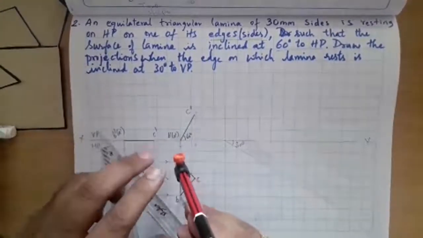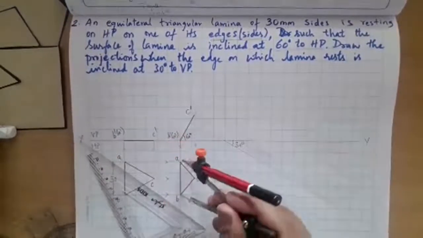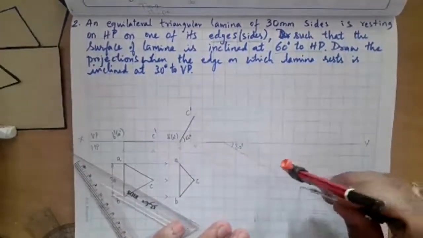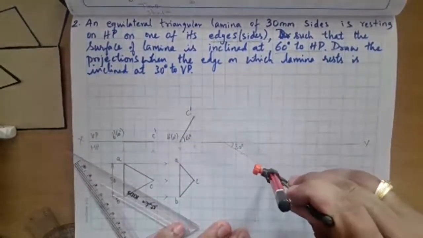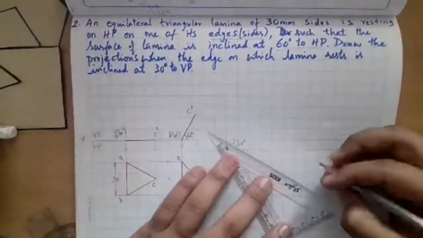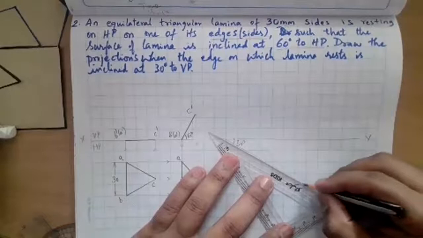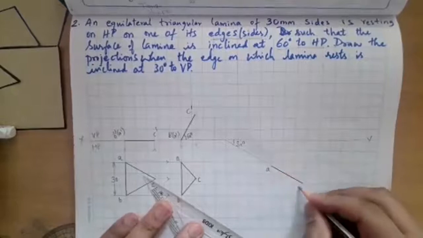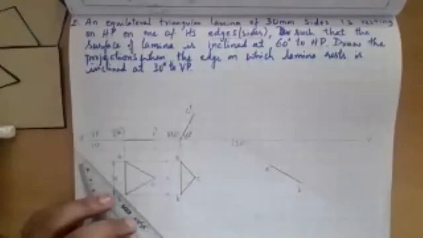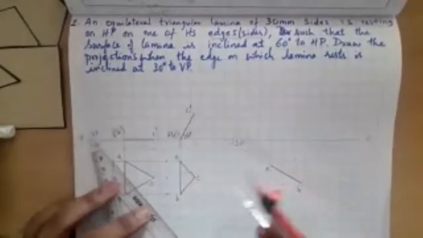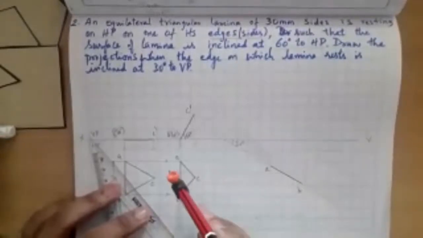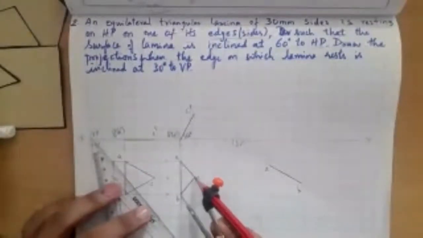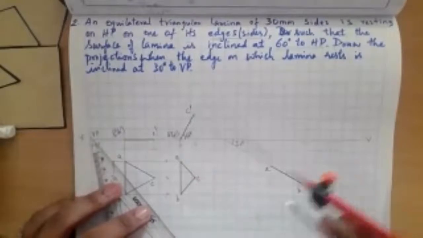I'll tell you one more method here, like this compass. Keep your compass, measure AB, and mark it on this line. Mention this as AB. We'll name this as A and B. Next, this apparent shape has to be shifted here. I need to find out this C. So B to C, how much it is, you measure it. What is the length? I will measure it using a compass.